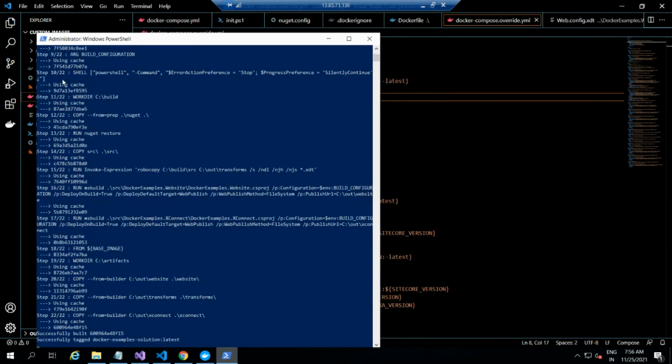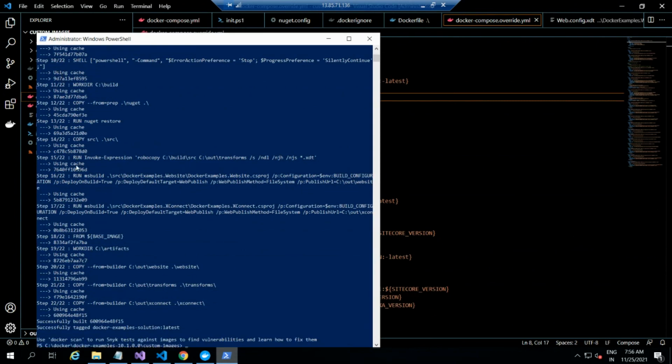Okay, so the different steps are performed here, and it will build. I already ran this command, so it's quick. Otherwise, the first time it will take a little bit extra time. The image is built, and it's tagged as Docker example solution, with the version tag latest. So to confirm the image was created,